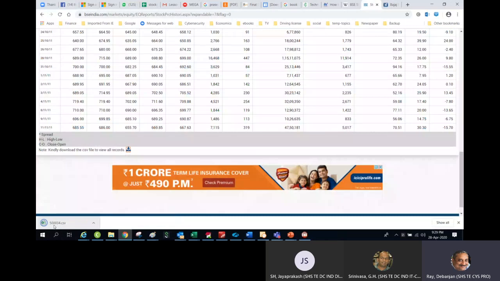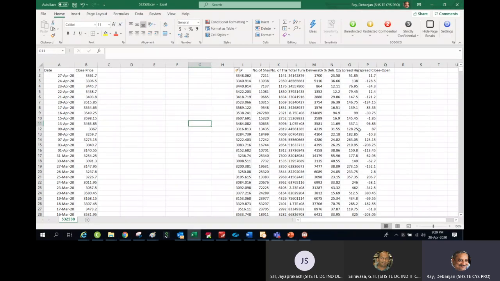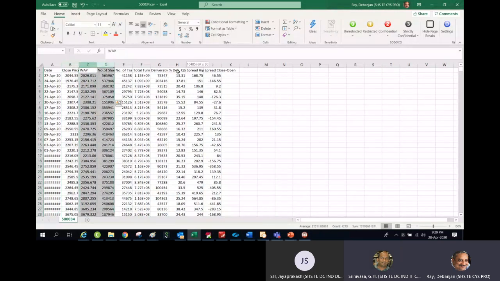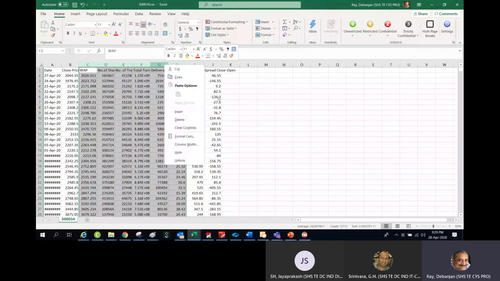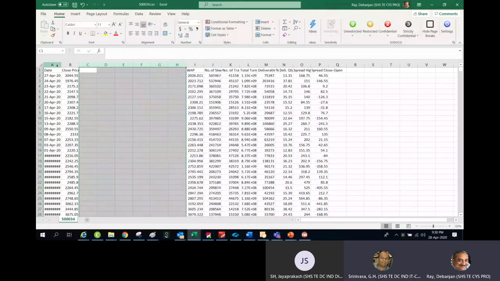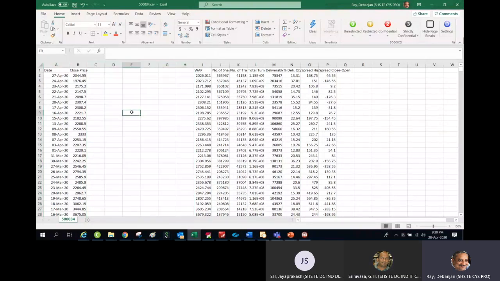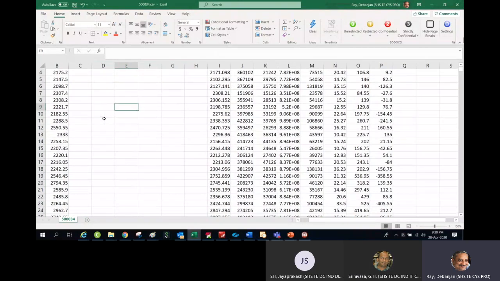Though Bajaj Finance is already in the portfolio, I am just opening this only for the purpose of showing how to include this stock. So I delete this data and I just insert some blank columns.